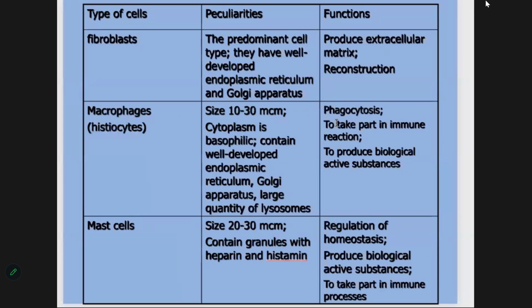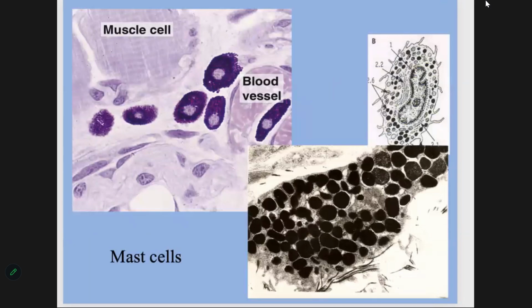Main function, take part in immune reaction and produce many biological active substances. Next type of cells